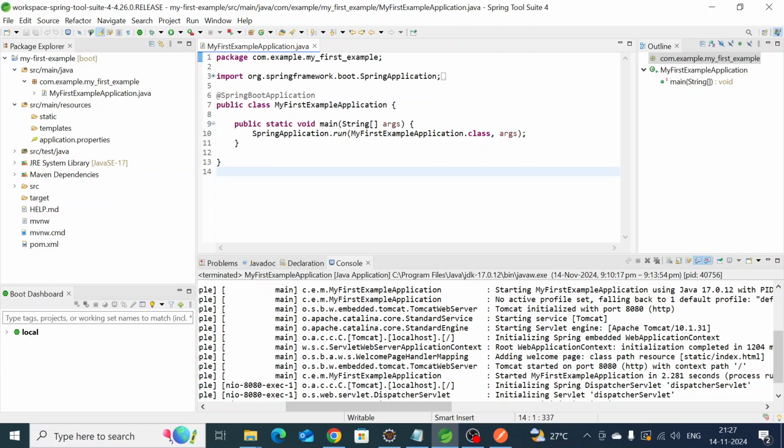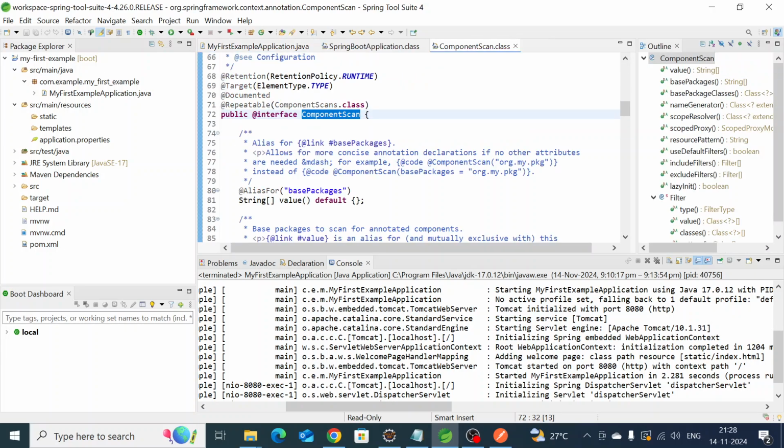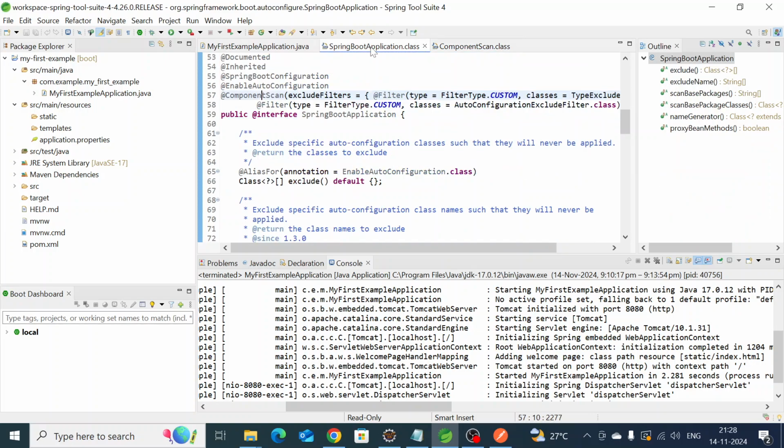Here you can see the structure where the application will start from the Spring Boot application. This is the entry point. I'm going to explain the Spring Boot application annotation first. Whenever there is the Spring Boot application annotation, it tells Spring that this is where the application starts loading, and from here it is going to load the classes. If I open the declaration of the Spring Boot annotation,